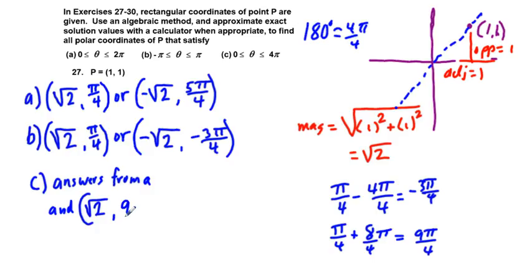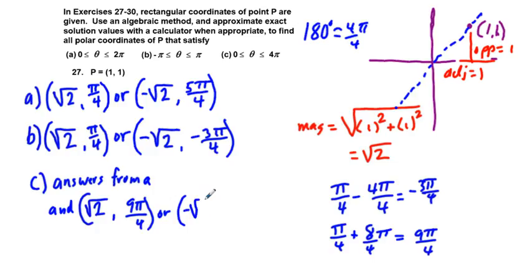So 9 pi over 4, that's our other, and usually you'll see 9 pi over 4 written like I'm going to do now. Usually I would see it written as 9 pi in the numerator, 4 in the denominator. Or, if we take